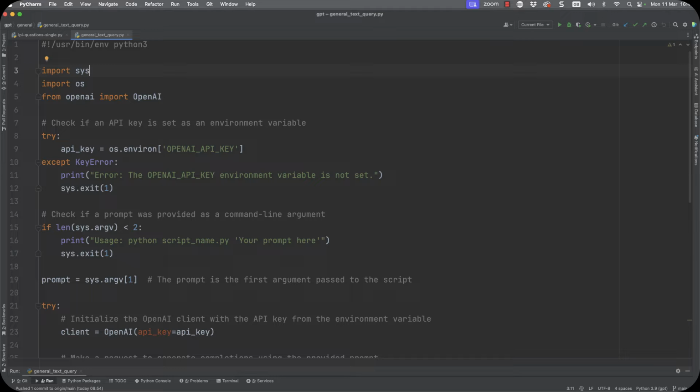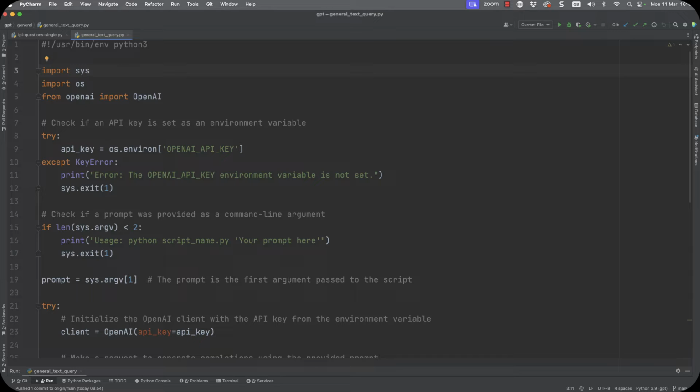We've also imported the OS module, so we can look for environment variables to read our OpenAI API key. Lastly, we're importing the OpenAI class from the OpenAI module.